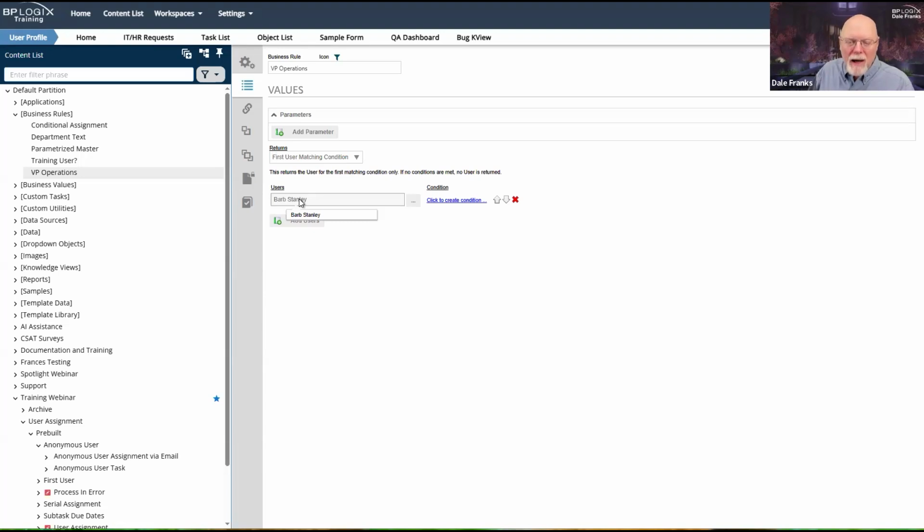I may not want to do that level of user and group management because it is tedious. I may need to make these changes on the fly. VP of operations is probably not a great example because we are going to presume that the VP of operations is going to stick around for a while. And so as a group, it's not that big of a deal to go in and change the VP of operations every couple of years.